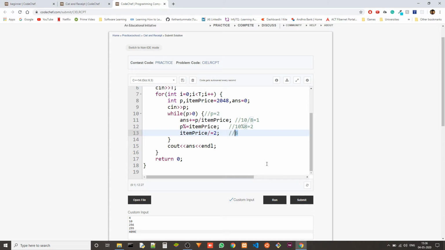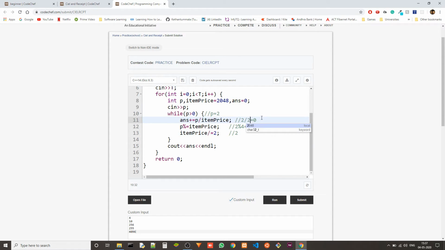Okay, now we check if we can fit 4, which is the next item which has a price of 4. Here instead of 10 it will become 2, because the current price is 2. So 2 divided by 4 is still 0. It will come out to 0.5, but since it is integer division, it will be 0. So we are not adding anything, right? Here we are checking 2 percentile 4, which is still 2, so we are not changing P because we haven't added anything. Now we divide it by 2.